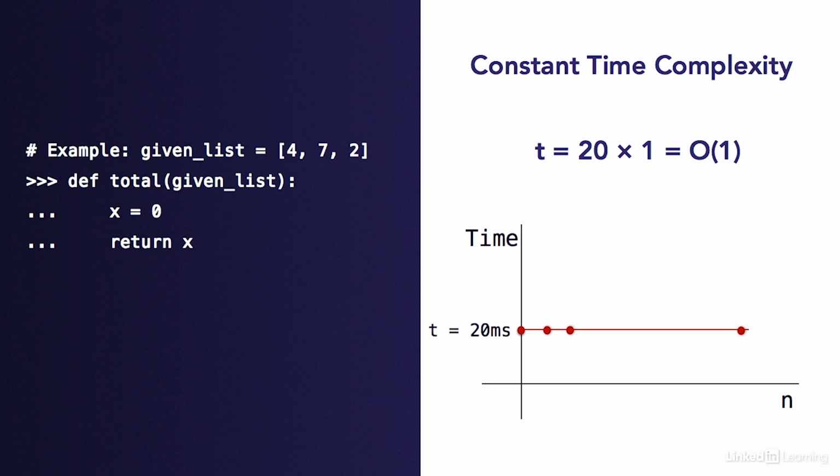In summary, we saw that 2 times big O of n is still equal to big O of n, and 5 times big O of 1 is still equal to big O of 1 as well. In general, if you multiply a big O expression with a constant, the big O expression stays the same. Or, constant times big O of x is still equal to big O of x, whatever x might be, whether it's n, 1, or n squared. Another way to put it is that the time complexity and the big O expression do not depend on how fast or slow your particular environment is. They just express how fast the runtime, or the time it takes to run your function, grows as the size of the input grows.